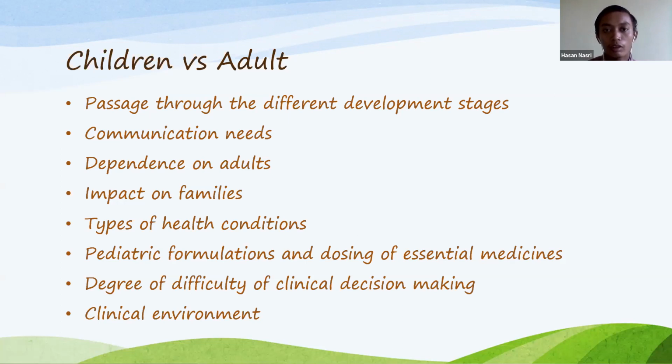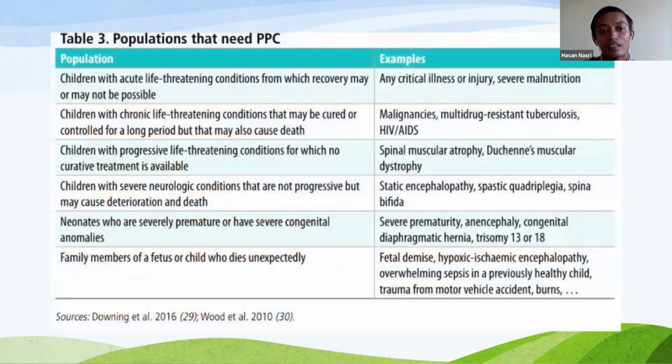Next is clinical environment. The clinical environment for children needs to be more cheerful and more engaging, so that the children do not become distressed. There needs to be a colorful room. There needs to be someone there, because children fear isolation, so there needs to be people in the room with the children. Okay, next.